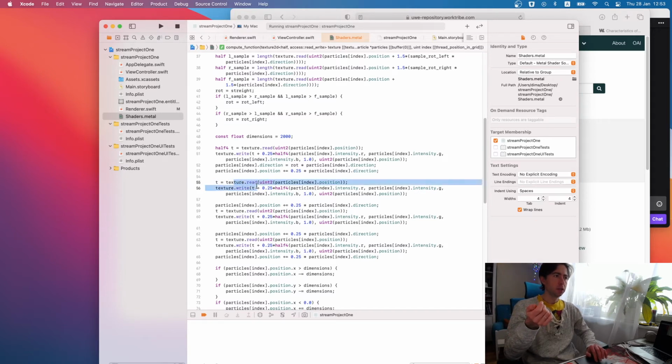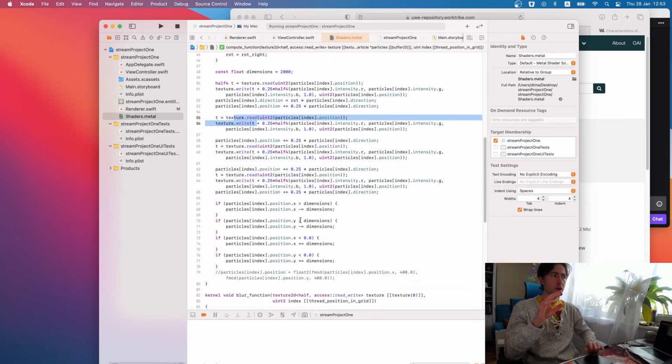And I do this 4 times. So for faster moving particles, it won't leave dots, but it should leave some kind of smoother line.